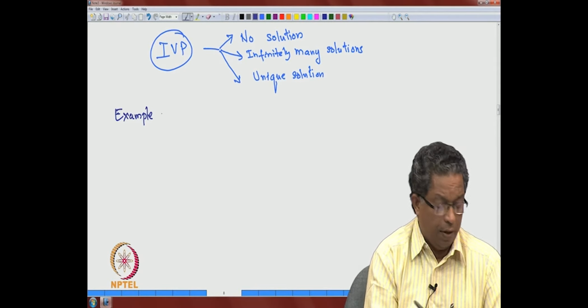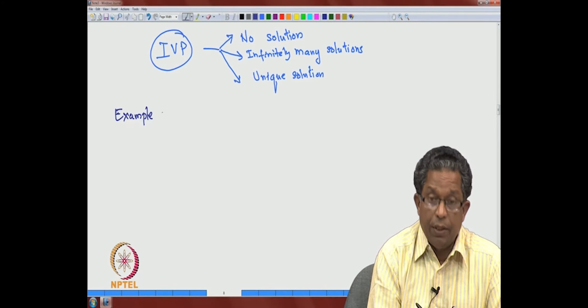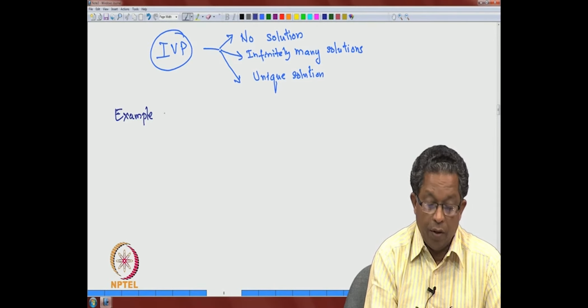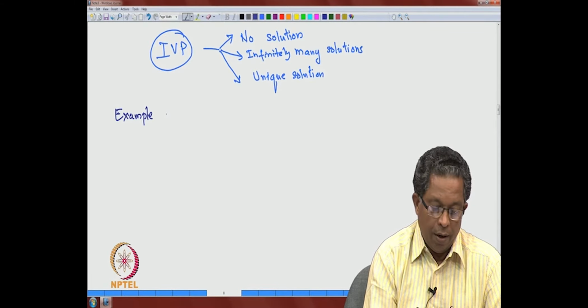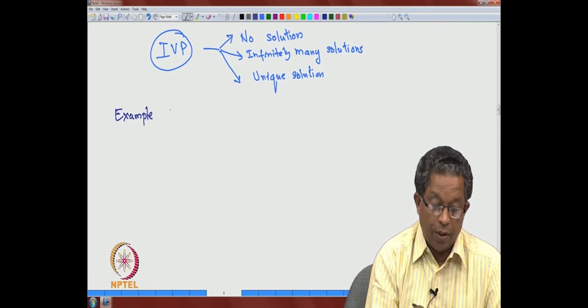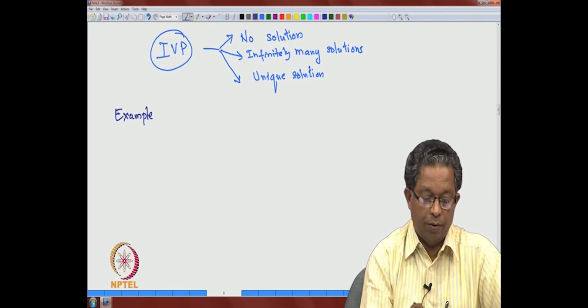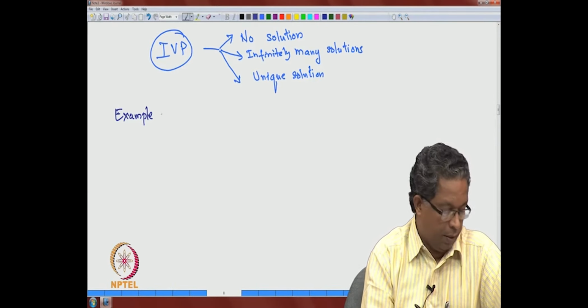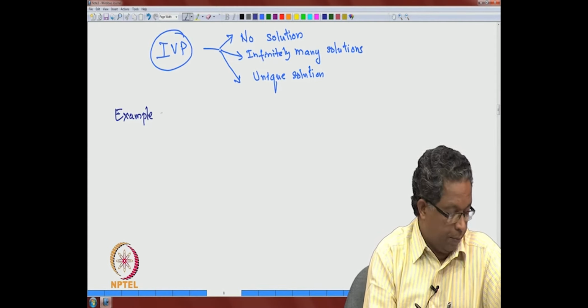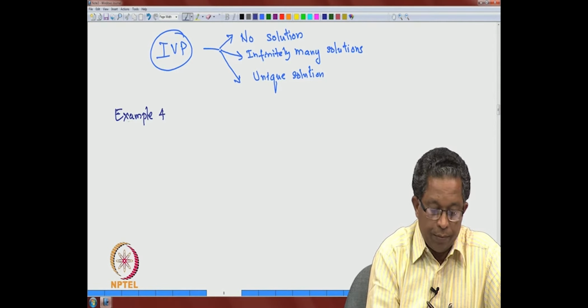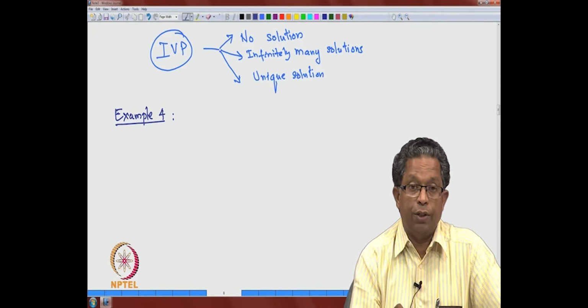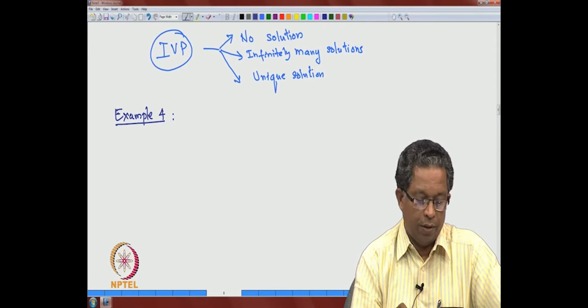Later on we will give sufficient conditions to ensure under what condition an initial value problem has a solution, and under what condition the solution is unique, and all such things we will deal with later. So example 4, just to get a feel of existence and non-existence of solutions,